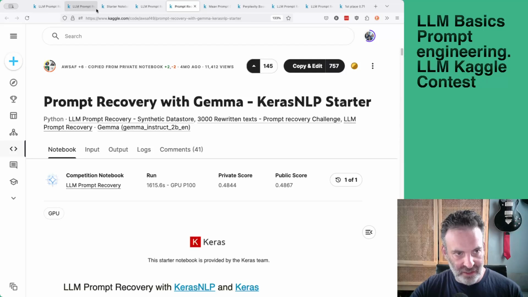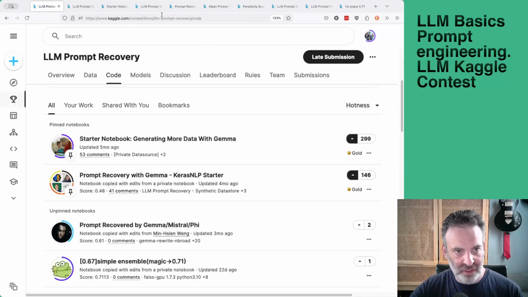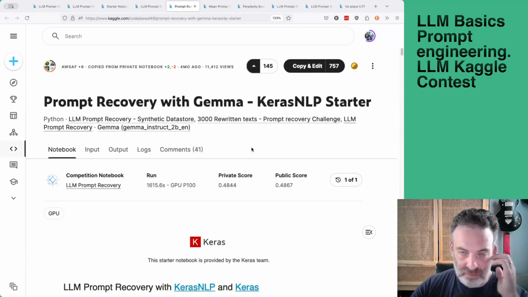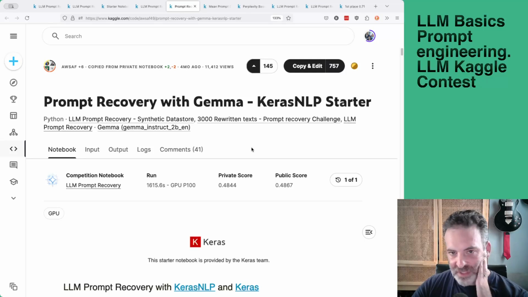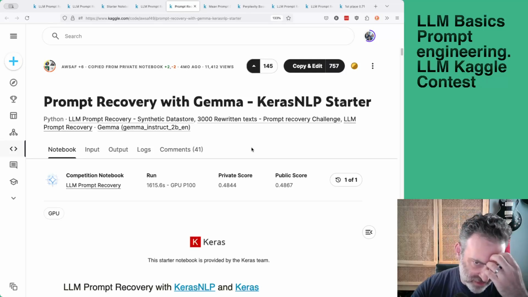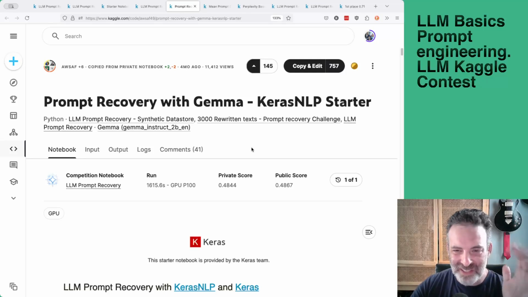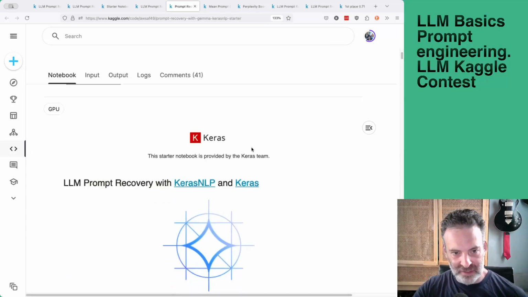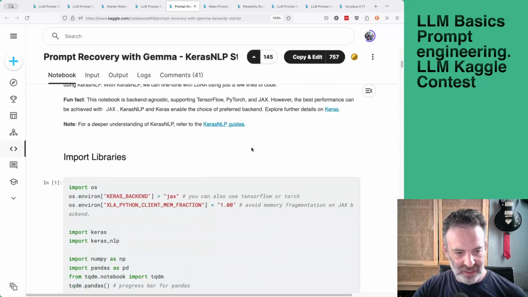So this is the second notebook that the contest pinned up here. This is what I would say is the basic way of doing this. If I was asked to do this for work, this is definitely how I would start. The things the folks at the top of the leaderboard did, and even in the middle of the leaderboard while the contest was going on, were definitely not things that I would have considered. This is the standard sort of way of doing this. So, going through this a little bit.